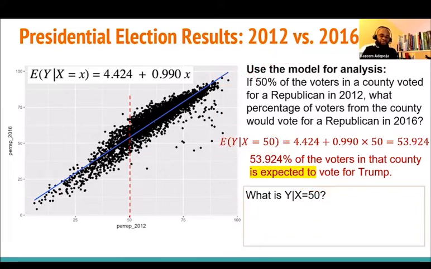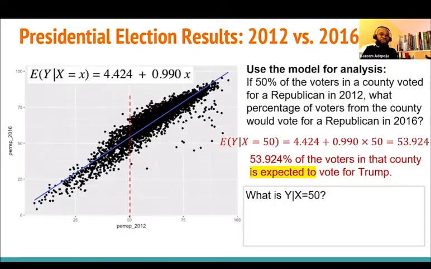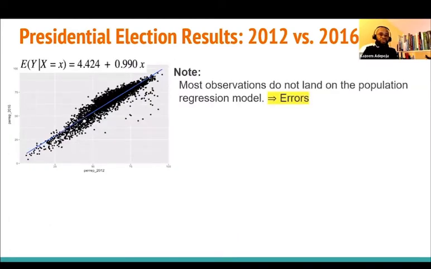That is what we want to focus on right now. We're still going to focus on what y is given that x equals 50, which we call individual prediction. This is individual prediction, and this is average prediction. I'm going to walk you through that in the subsequent lecture, but right now my focus is on this.